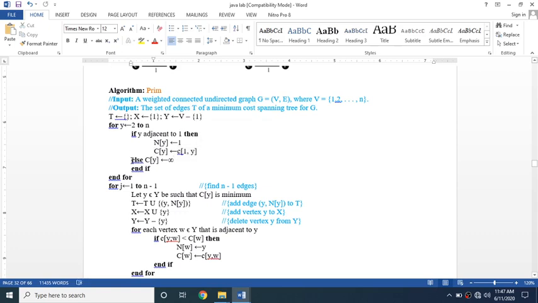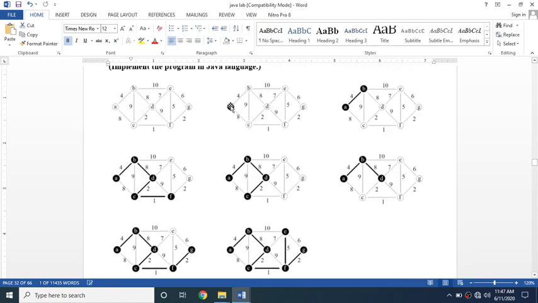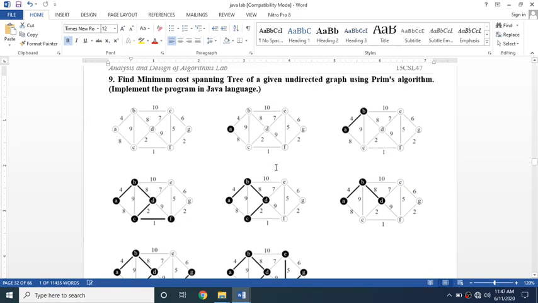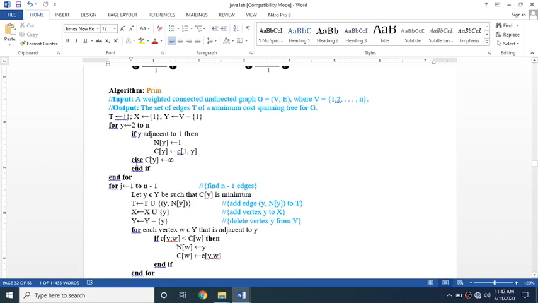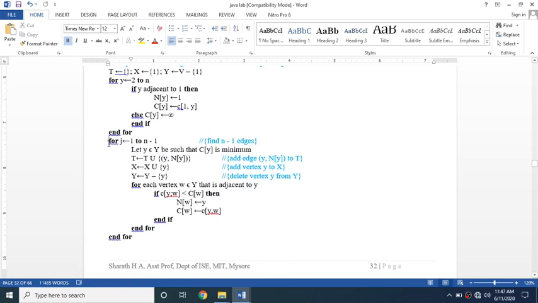Else, if we don't have adjacent, that means, here in this initial step b and c are adjacent to a, but what about d, e, f and g? These are all non-adjacent nodes, right? For a, they are non-adjacent. Okay, fine. So for all the remaining non-adjacent nodes we need to initialize with infinity, and then next it continues with the for loop.